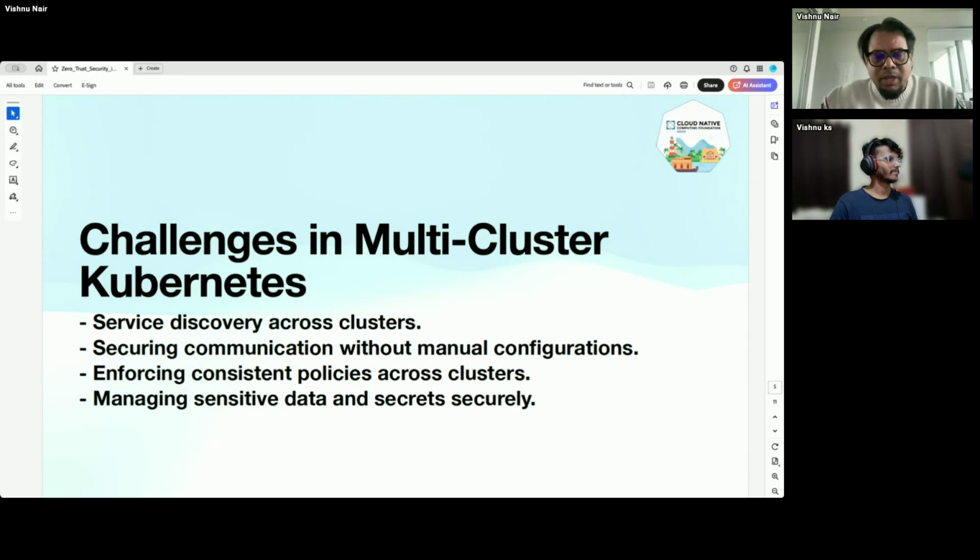Yeah. So in here, it's about securing communication without manual configuration. You have to find a way to establish trust between the clusters through mutual TLS or any other encryption mechanism you can use. You don't need to add a service entry for each of the services because